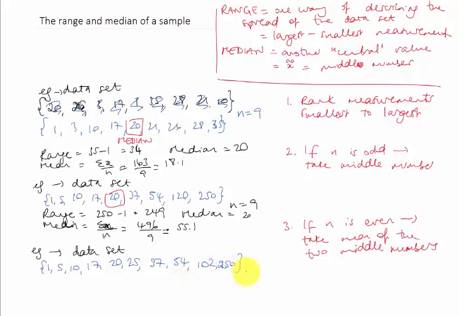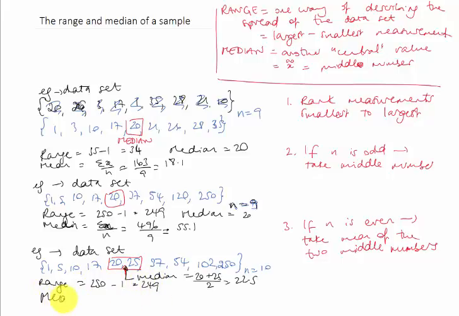So here's a different data set. So here n is 10. So we've got this extra. So here the middle point is right here. So we have to take the mean of these two. So that's median is 20 plus 25 over 2. So that's 22.5. And the range is the same as in this previous example, so 250 minus 1, or 249,